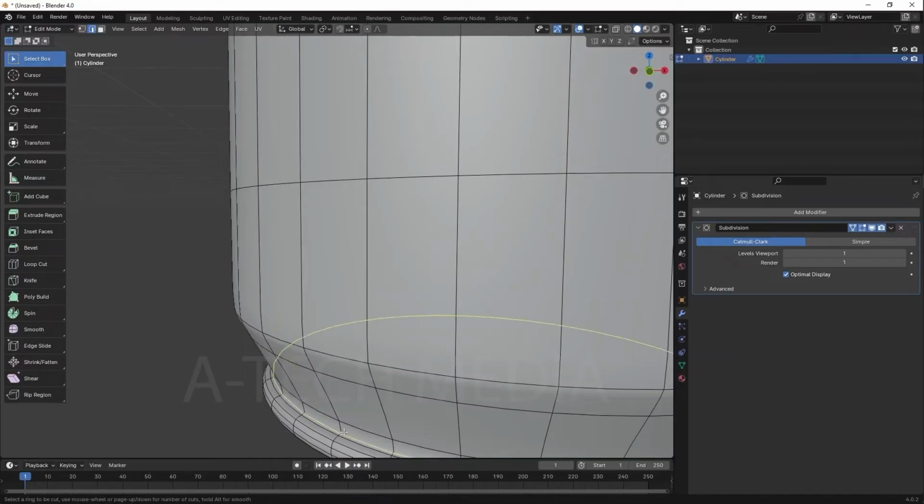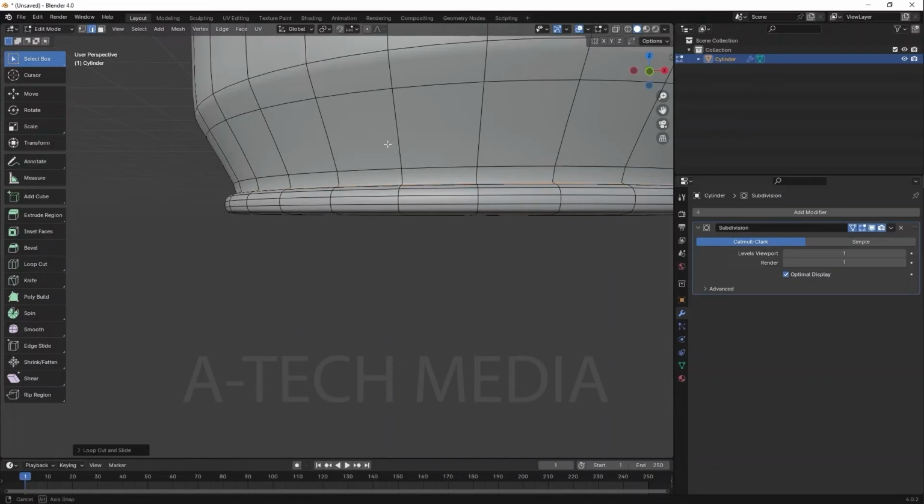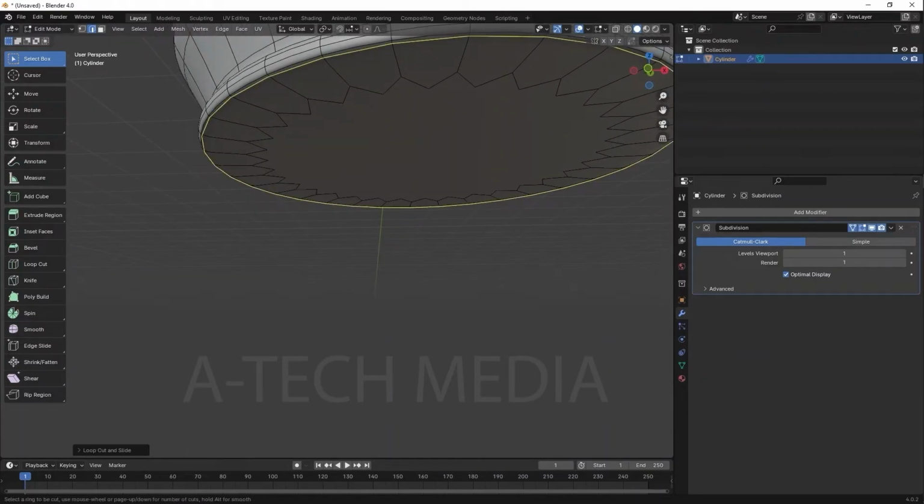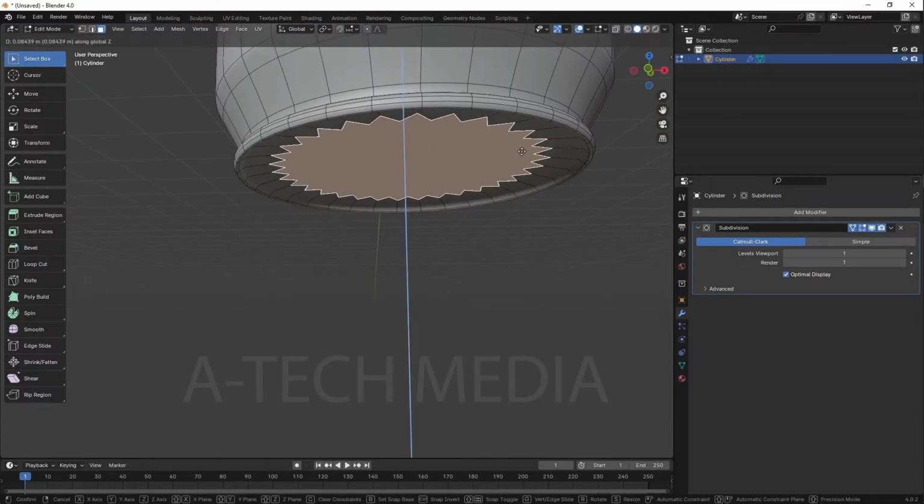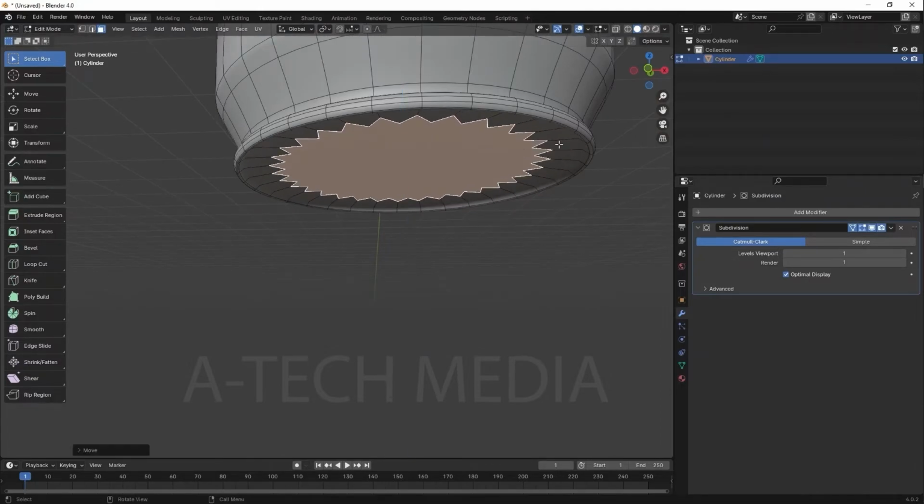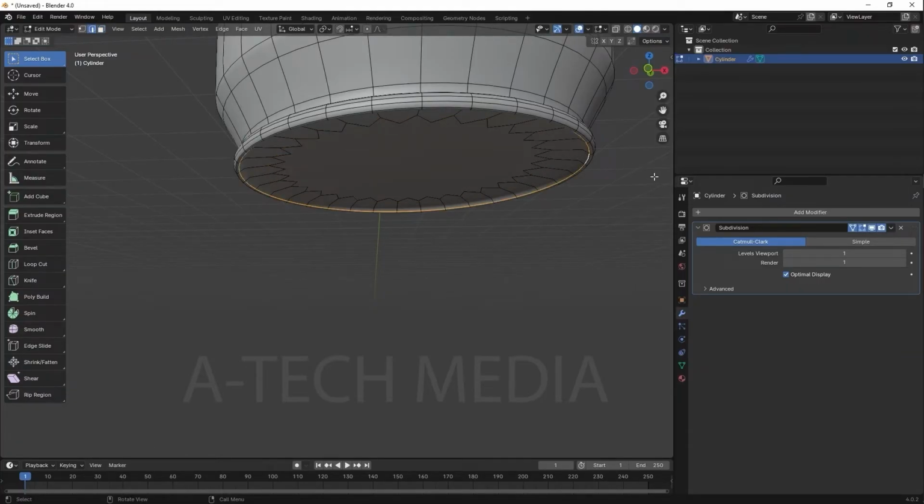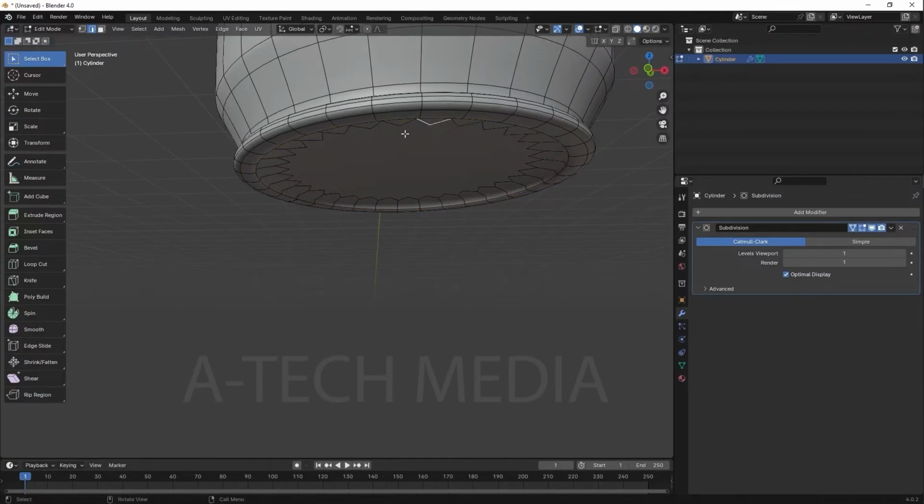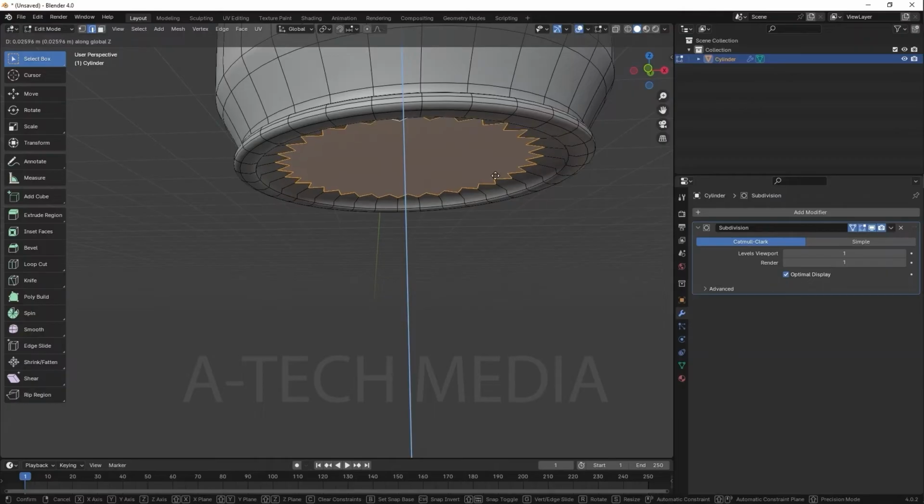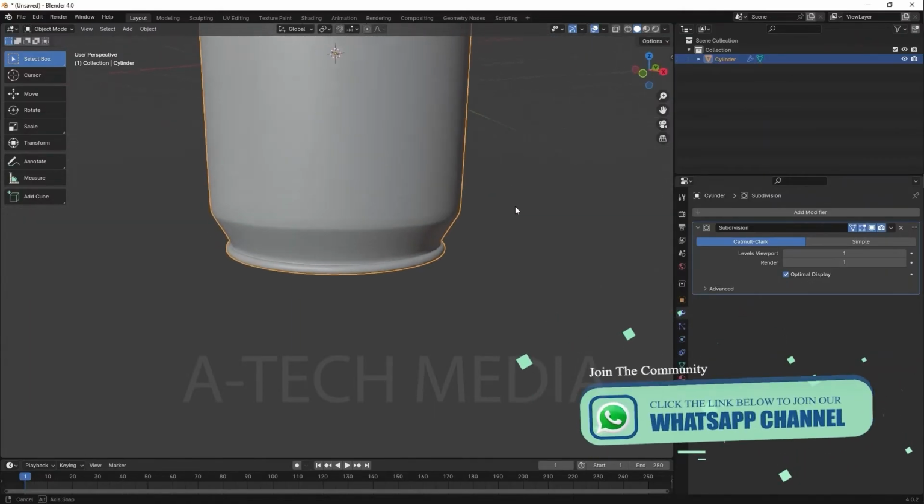Ctrl R to add an edge loop here. Loop cuts, and then Ctrl R to add another one here. And in fact, I know that in some bottles, if you press G, grab this, move up, some bottles allow you to, kind of like the bottom moves up a little bit. So just press S to scale this in and press G, move this guy up. All right, so